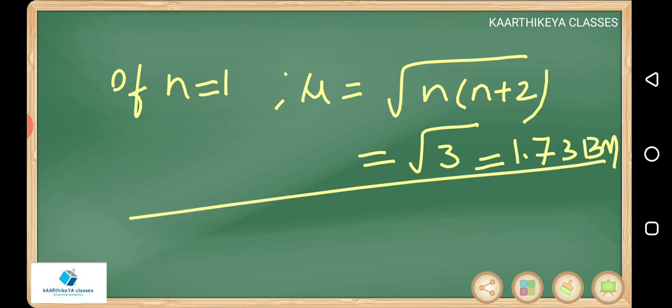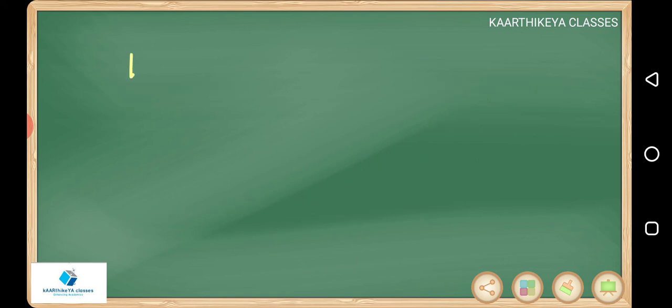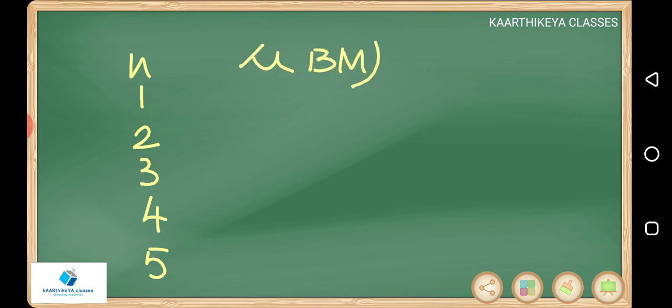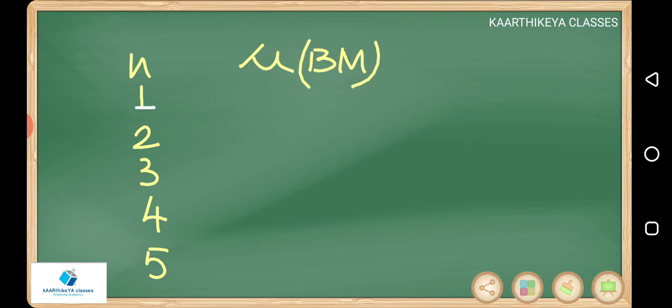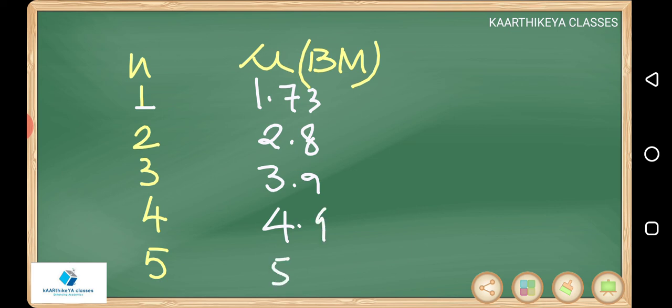So in simple sense, what we can say, if n is equal to 1, 2, 3, 4, 5, maximum 5 only we'll discuss, because d orbitals can accommodate 5. F generally we don't discuss. Mu value in Bohr magnetons. One Bohr magneton is equal to eh by 4 pi mc. You will get that in your physics, don't worry here. If it is 1 unpaired electron, the mu value is 1.73. If it is 2, you can say 2.8. Around 3 onwards, it will be 3.8 or 3.9, 4.8 or 4.9. Approximate values I am saying.